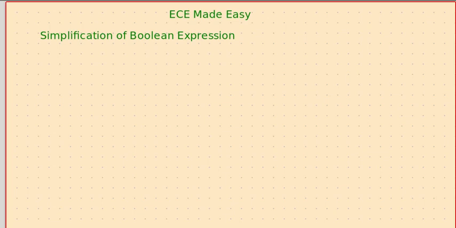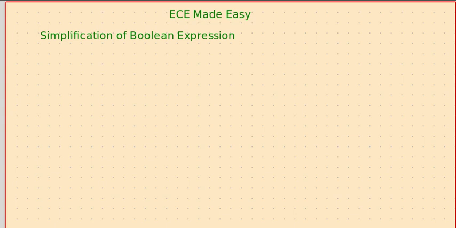Hi friends, welcome back. So in the last session we have seen how a practical problem can be converted into a boolean expression, and further the boolean expression can be implemented using logical gates, and that way an electronic circuit can be built that can help us in our day to day lives and can make our lives simpler.